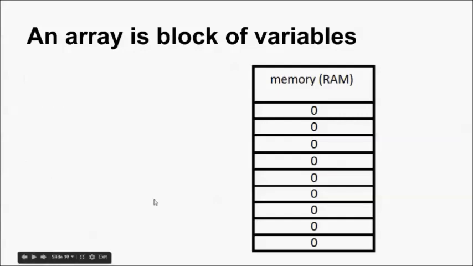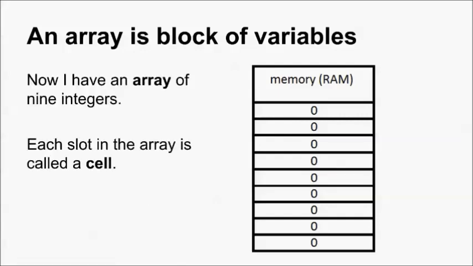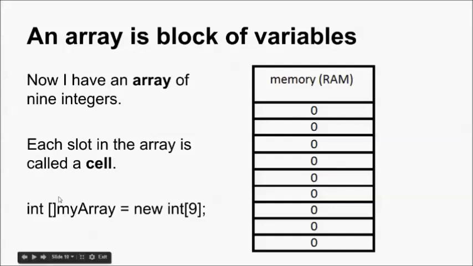Now, what does it look like to create an array in code? It would be an integer array named myArray equals a new array of 9 integers. That's kind of how you read that. But notice the little brackets with the number 9 at the end. That's you saying I don't want one integer, I want a block, an array of 9 integers. Now don't worry about the code because I'm going to show you that in another video,